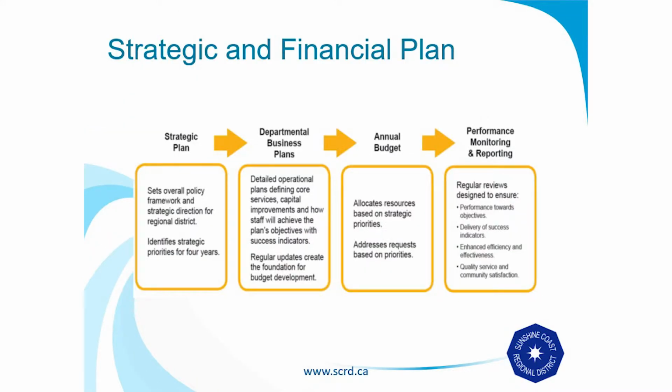The regional district's financial planning process is legislatively required per the Local Government Act. It must complete a 5-year financial plan and institute a public participation process to explain the plan. The financial plan in the form of a bylaw must be adopted by March 31st of each year. The SCRD's budget process typically begins with the board's strategic plan. However, for 2019, the board is working to develop their new strategic plan. Therefore, this will be the focus of the next budgeting process. Business and work plans also assist with the budgeting process.